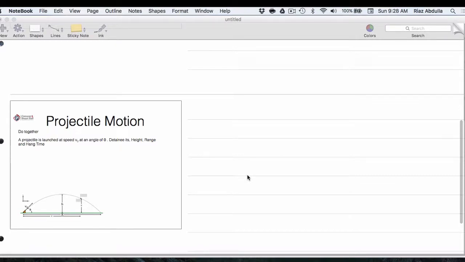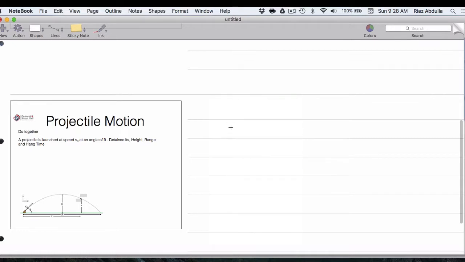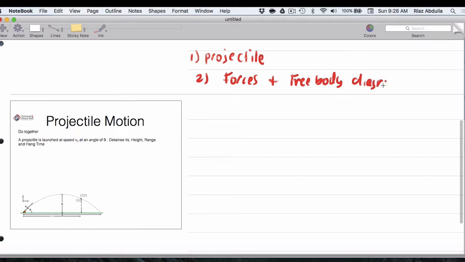So I wanted to go ahead and actually review the stuff that we covered on Friday in class. We studied two major topics. The first topic is projectile motion, and the second major topic is forces and free body diagrams. That's really how I would say it. To this end, I really want to just summarize the results rather than talking about where every